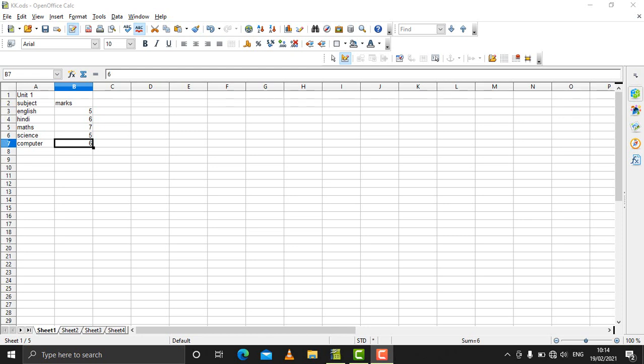Hello students, we are back and this time we are on the second unit, that is electronic spreadsheet. We will be learning here a number of advanced tools through which we can do different types of calculations depending on different types of conditions. So the very first session is about scenario analysis.